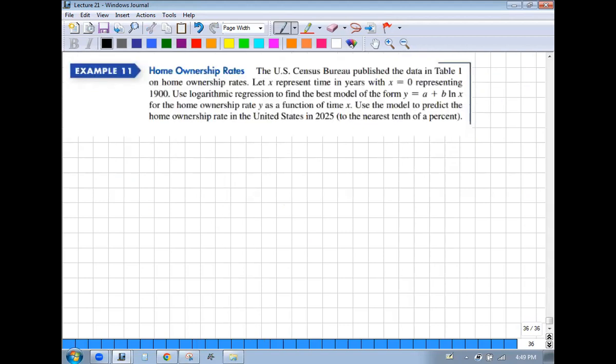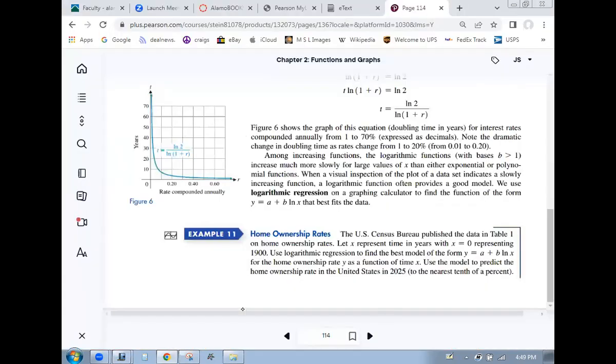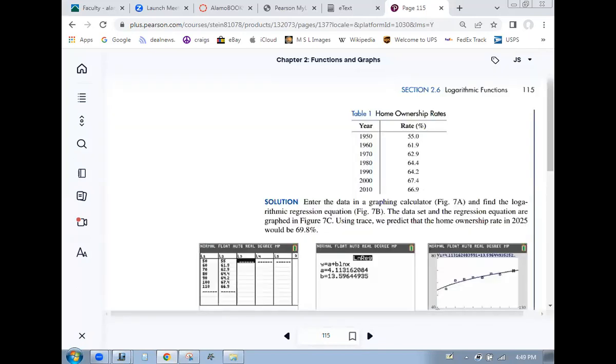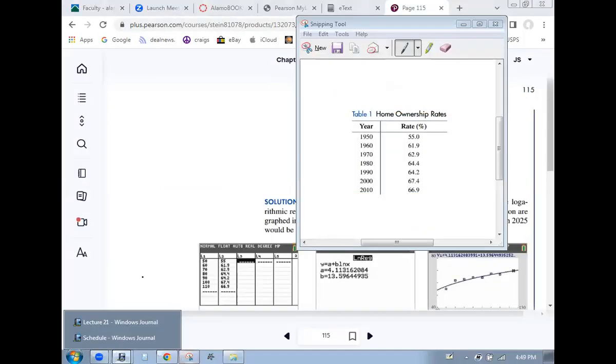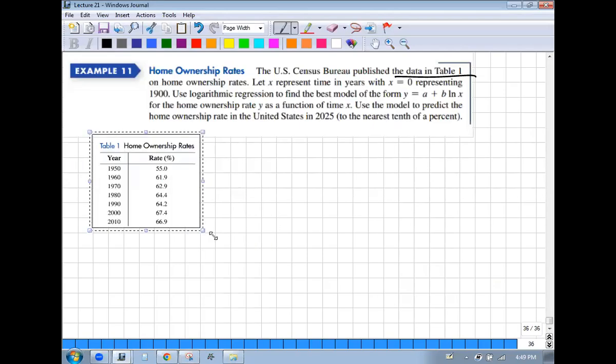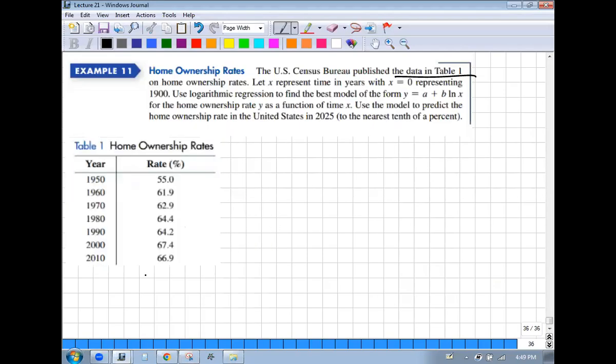Here, they give us data. I don't know where the table is here. Here we go. So what we have here is years and interest rates. What we could look at is the doubling time. In 1950, how long would it take to double your money? In 1960, how long would it take to double your money? It's a different time because it's a different interest rate, right? So if you graph this, let's see,